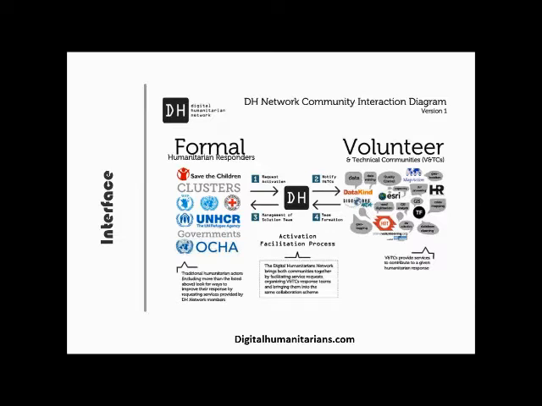So to give you an idea of some of the deployments of the Digital Humanitarian Network, or requests for activation, the very first was related to South Sudan for OCHA. There was going to be a large interagency assessment undertaken. So the OCHA office and assessment teams requested the Digital Humanitarian Network to scour the internet looking for all kinds of different data sources and putting a whole bunch of historical data together for them to use as baseline information